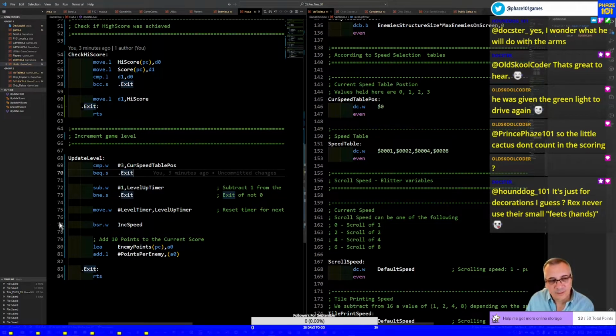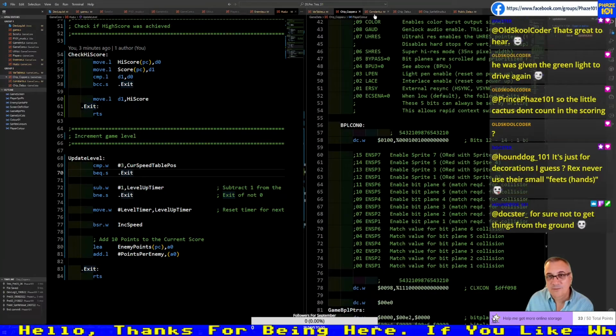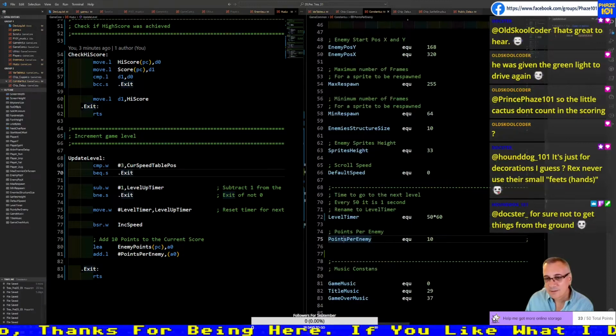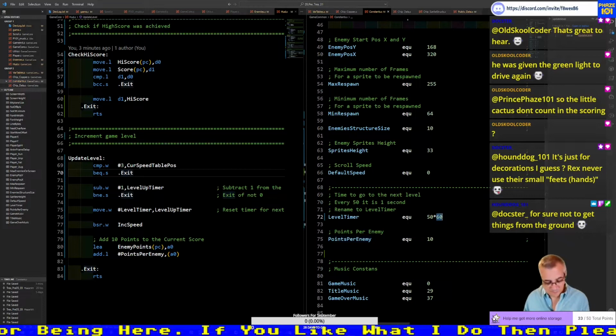So, if it's 3 exit, else increment. Let's do it shorter so that I increase the speed very quickly. Let's do it 15 seconds.